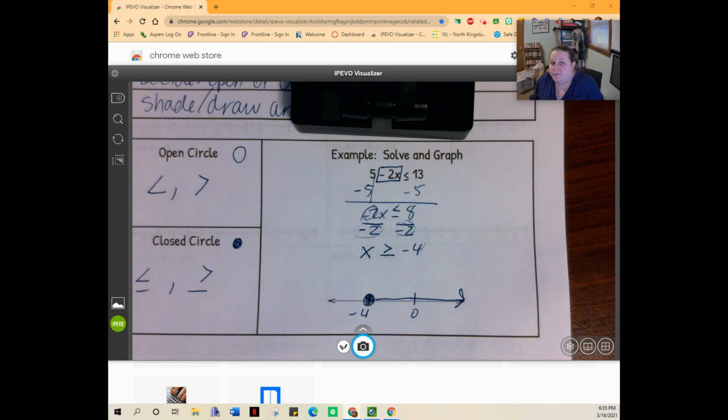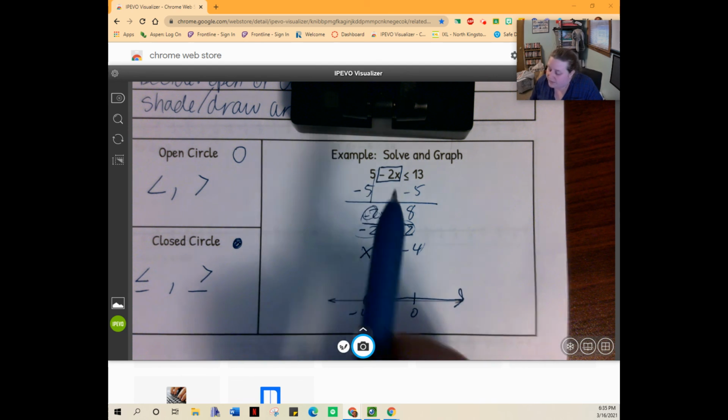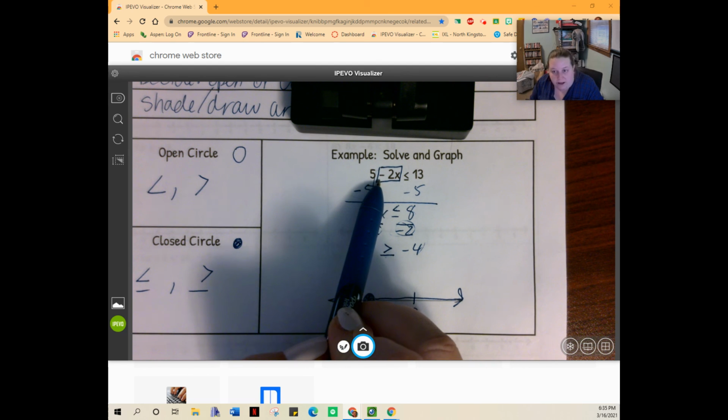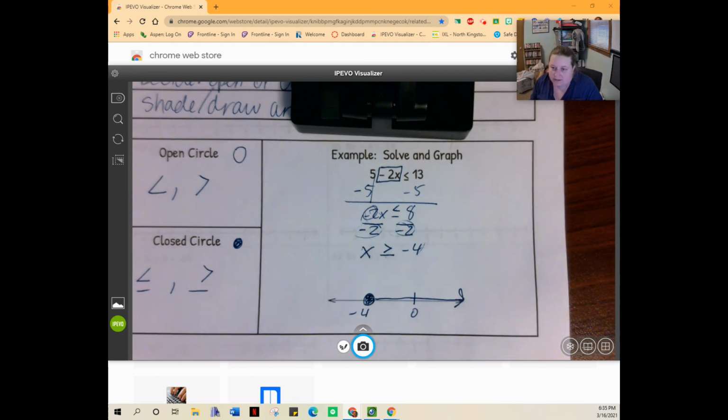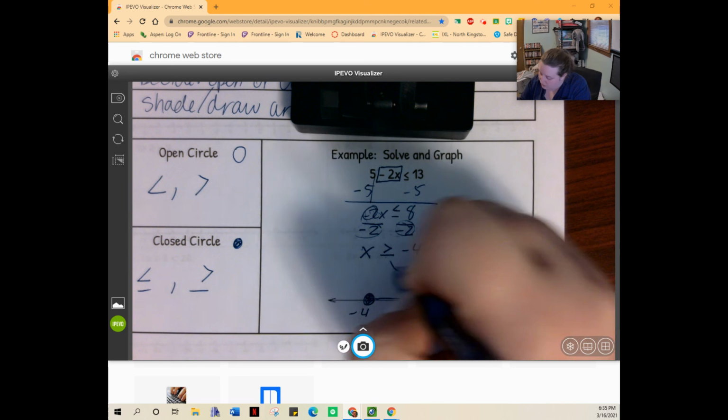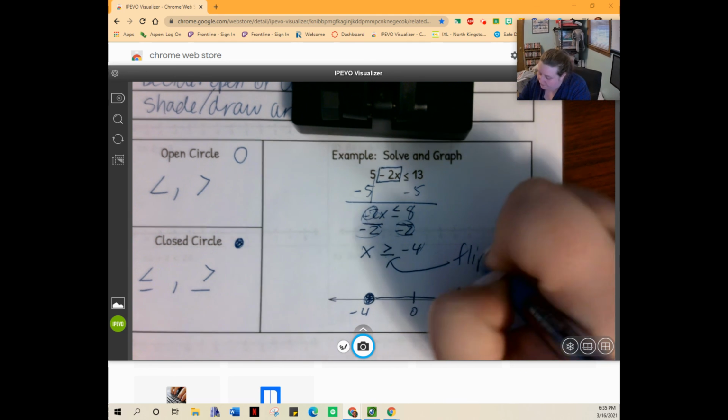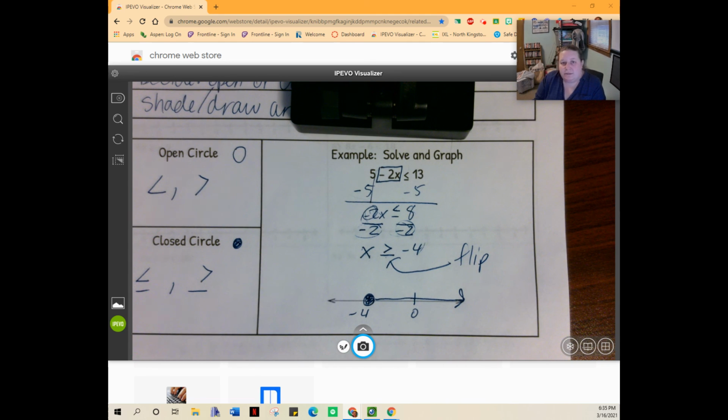Okay. So really the big thing from this video that you will gain and use in the following practice problems is that when you are multiplying or dividing with a coefficient that's negative, you need to flip the symbol in the end. So I'm just going to make that note, flip. There is no practice specific to this lesson, as in the next lesson we're going to focus more on solving. So go ahead and continue to the